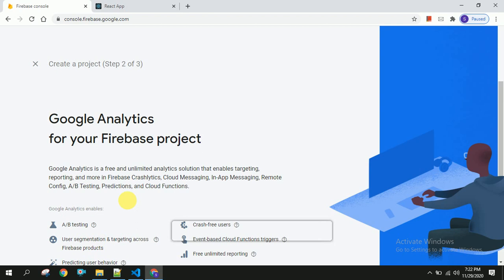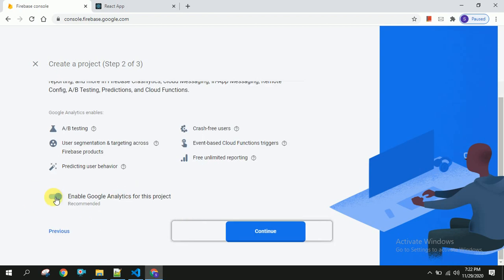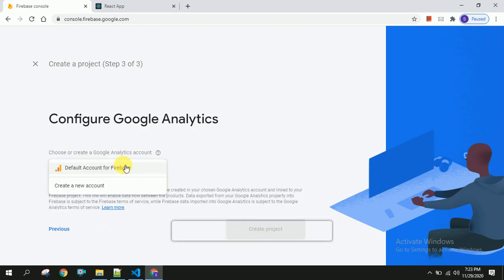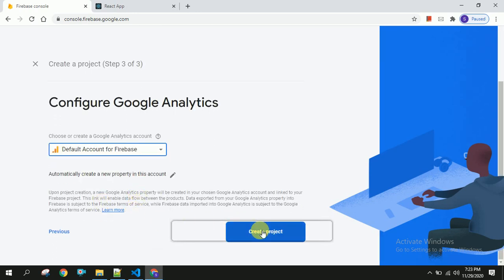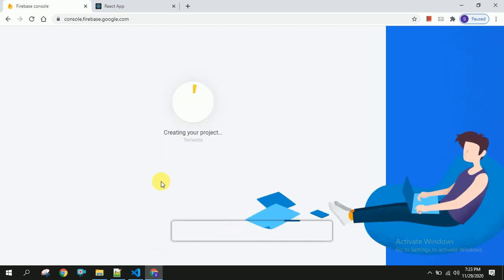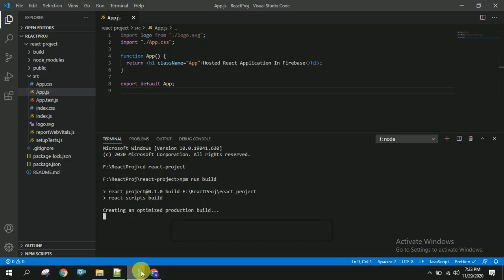You have to click on continue. You can enable or disable this. Now I will click on continue. You can click on your default account, or you can create a new account, create project. So it will take some time.